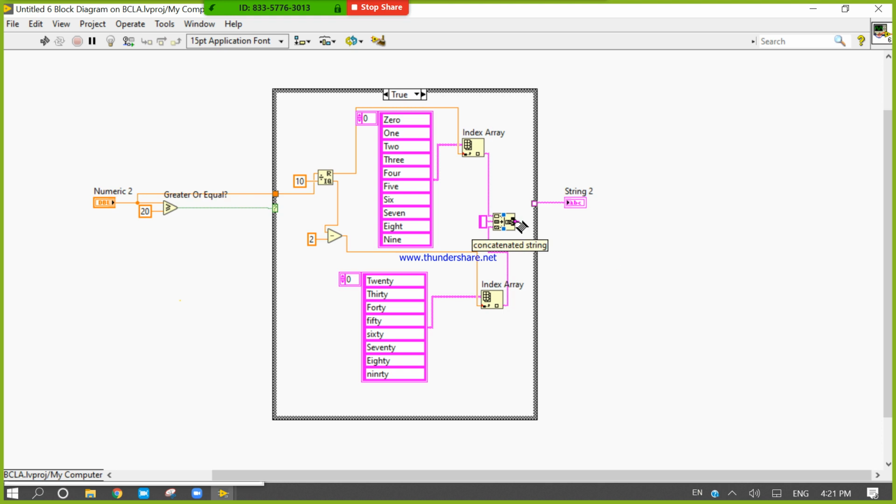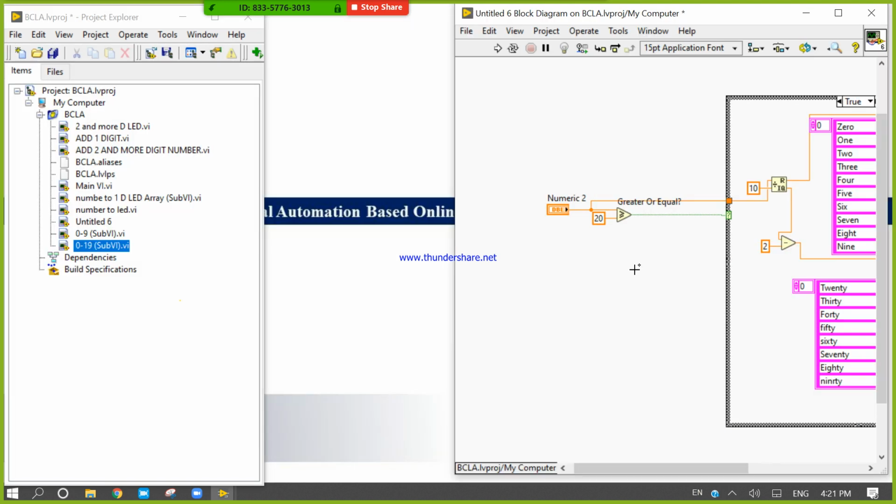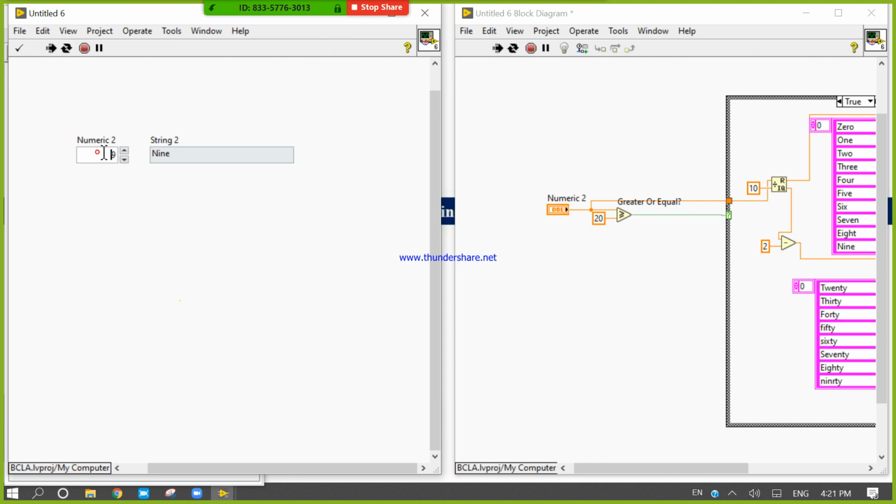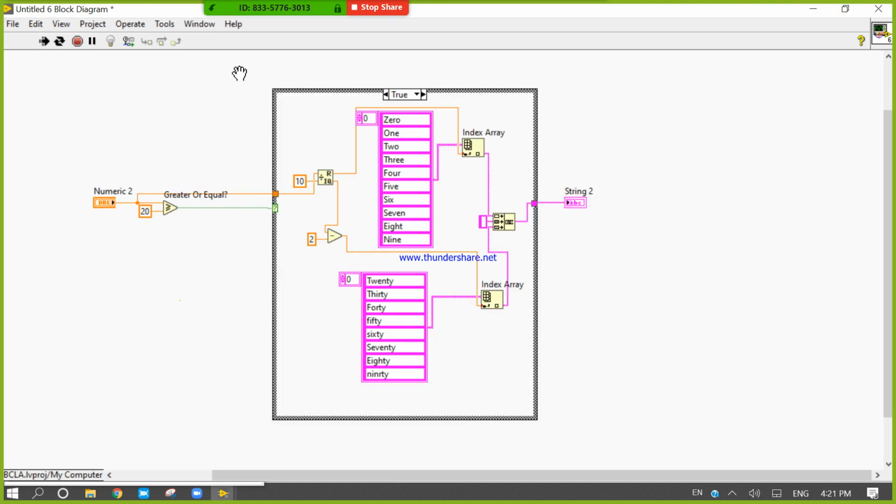Space, look at here. Now our target is completed. Please watch here. It is from 0 to 99, 9, 19, okay, 29.